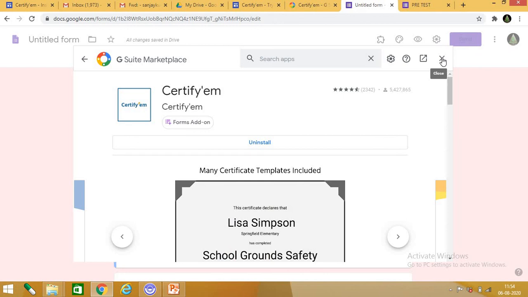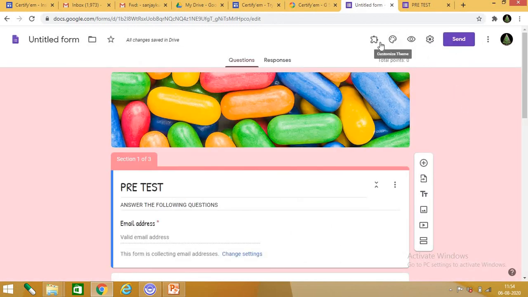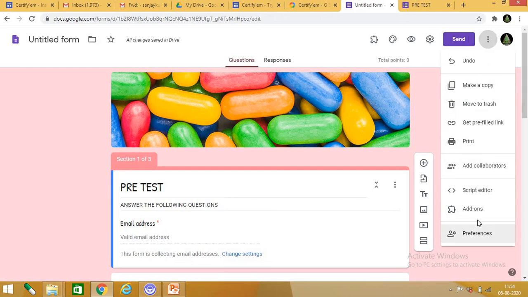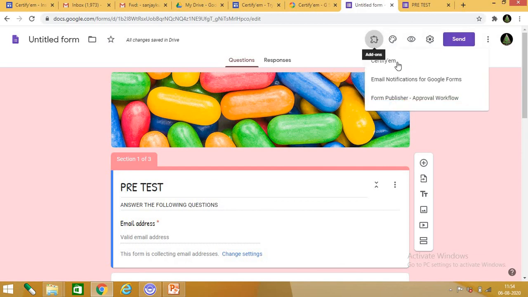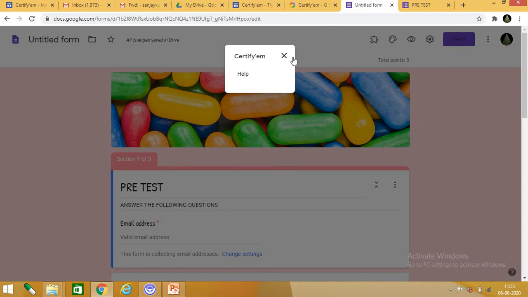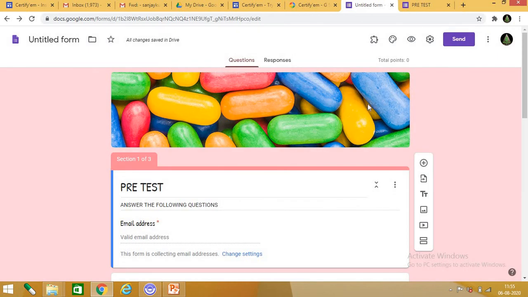On installing, you will get this option, add-ons. From here you have to add on. Then you will get the option add-on here. I have Certify M. If I click on it, I get the option Certify M. Now from here I can choose the certificate templates.